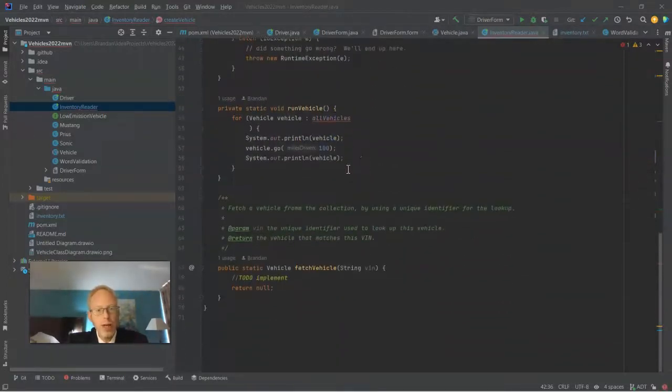We need to fill out one other item, which is this fetch vehicle method, which is getting called from our Swing graphical user interface. I created this method earlier but didn't provide the implementation because I didn't have a hash map yet. But now we can retrieve the vehicle from the hash map by using the VIN, and we know this has that very efficient O(1) algorithm growth rate,